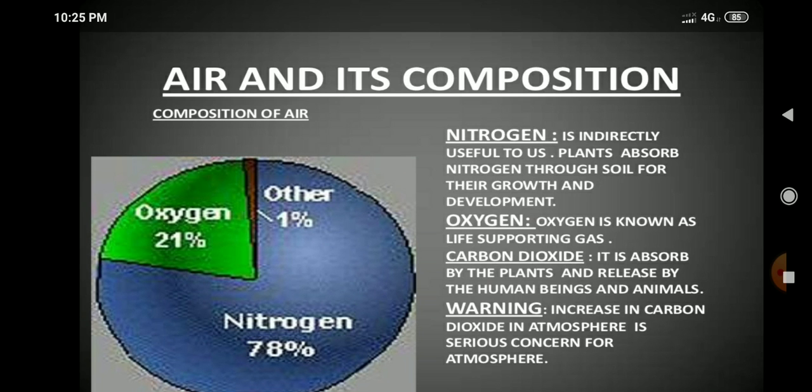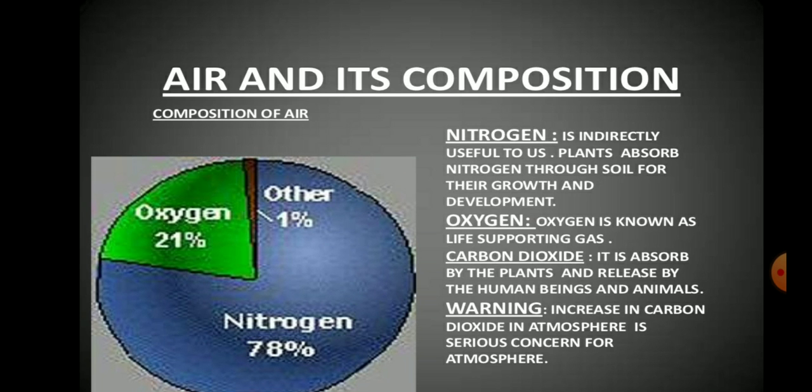Next we come to air and its composition. As we all know, air is a mixture of gases. So what are the gases that make up the atmosphere or that make up air? In composition, we have a picture here. The main constituents of gases which make up the atmosphere: number 1, we have nitrogen, which makes up 78% of the atmosphere, and the second largest constituent is oxygen, that is